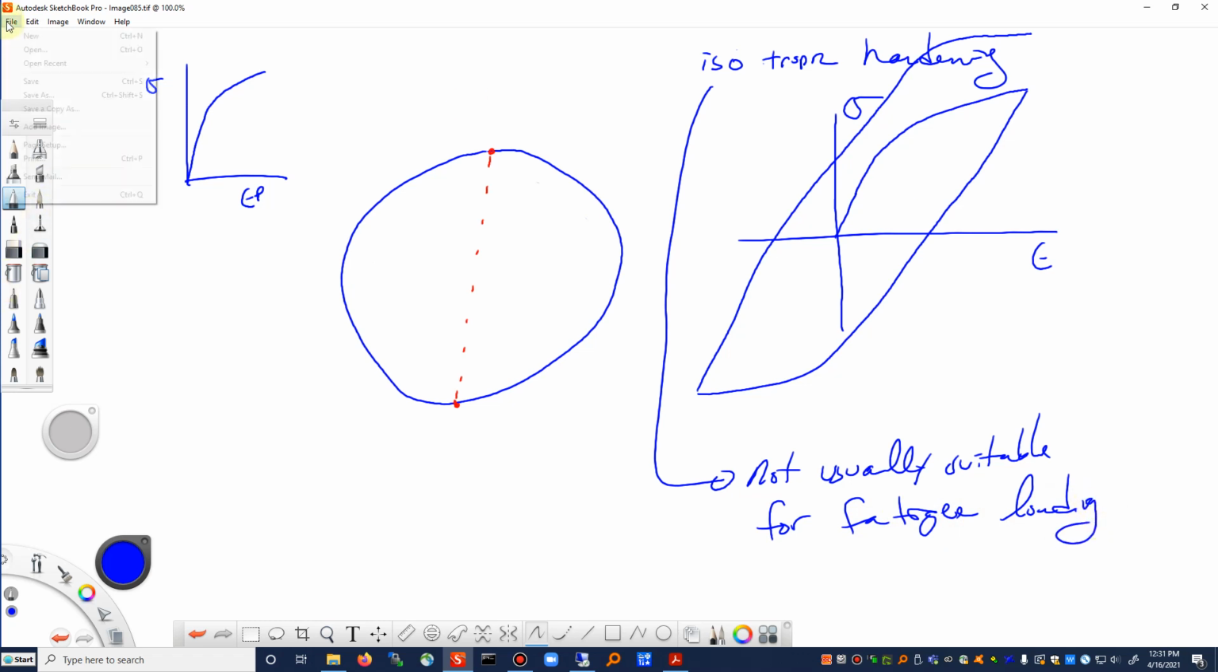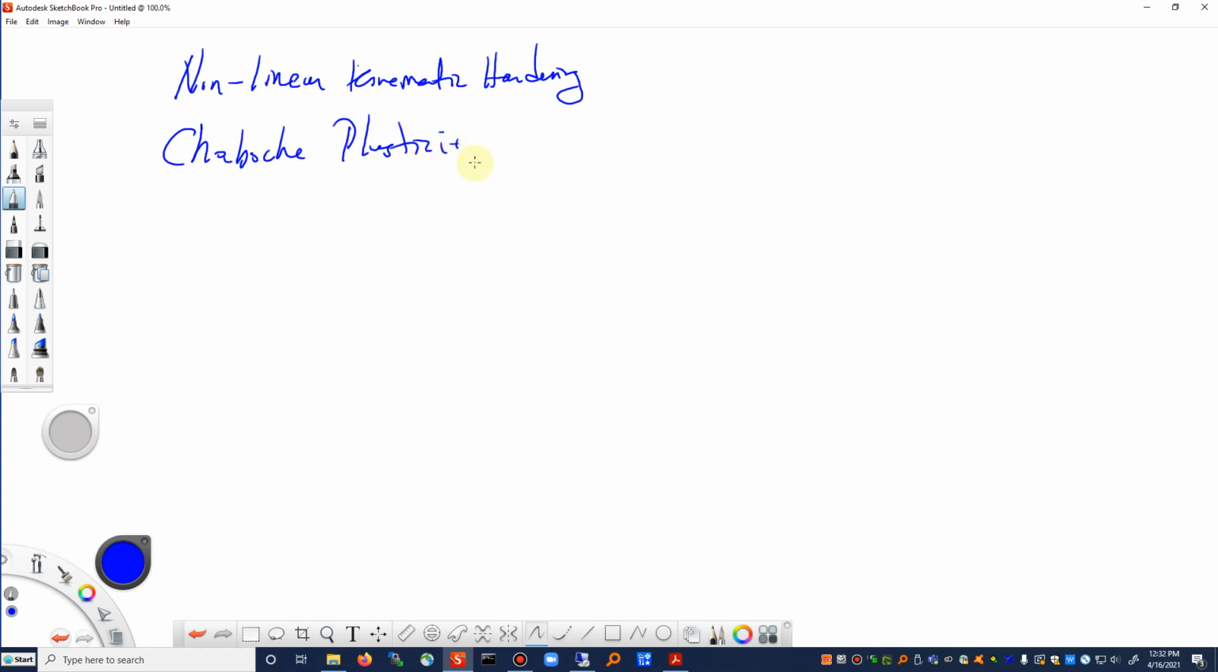All right, now there's another option that's very popular these days. It's basically the default option, called non-linear kinematic hardening. And let's see if I can bring up a new page for that. You'll see some various names for this: non-linear kinematic hardening, Chaboche plasticity model, Armstrong-Frederick,